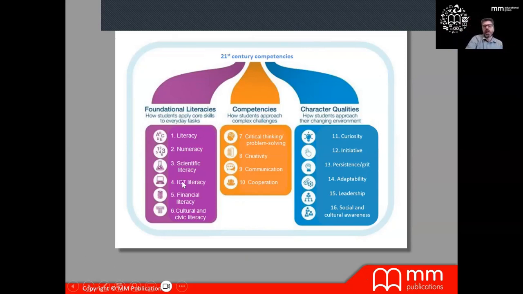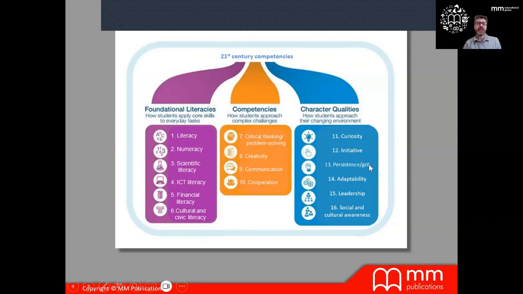In the first column on the left-hand side, we have what we call the foundational literacies, where students need, of course, to learn how to read and write and so on. But then we have other competencies like critical thinking, creativity, cooperation, but also character qualities like being curious, persistence, grit.